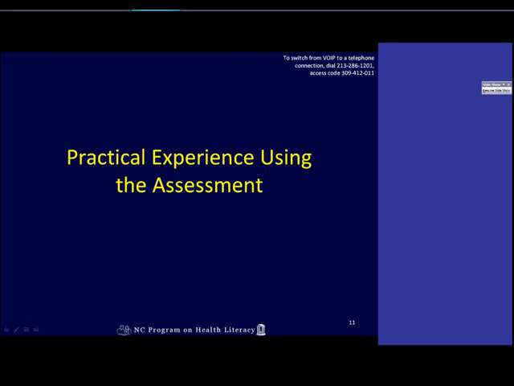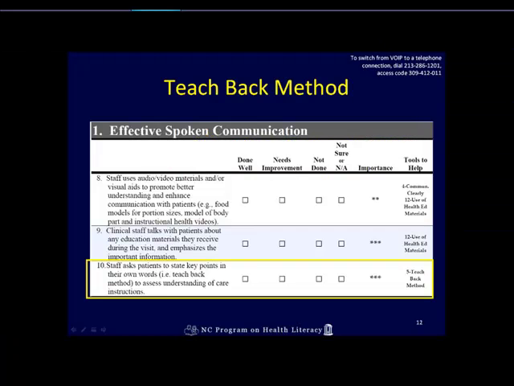So let's walk through a couple of these examples, Laura. What we've done here is, when we did the testing, practices like Laura's went through the assessment and identified things that they wanted to work on. And then we asked them to focus in on the five things that you think are going to have the most impact for your practice. I've selected a few of these to have Laura share about.